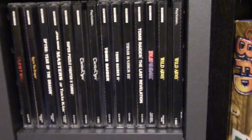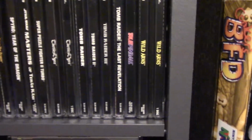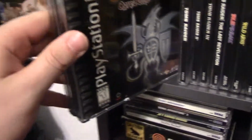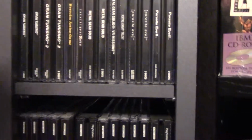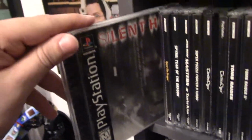Moving up here, I have a PlayStation collection. I was actually able to get a lot of these on the cheap. Tactics Ogre, I was able to find at a thrift store for $10. Same thing with Parasite Eve and Metal Gear Solid and a whole bunch of other games here. Silent Hill,